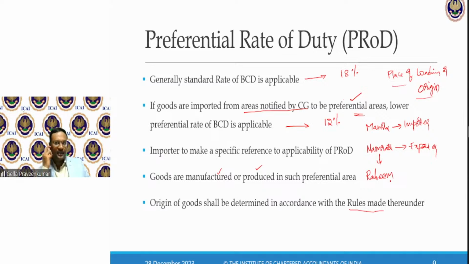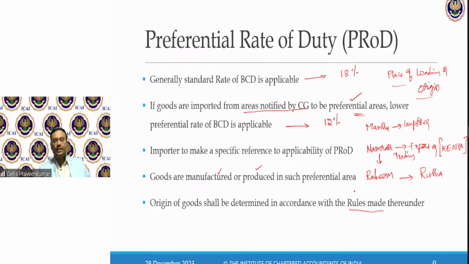There are three parties. Say Namrata has purchased from a particular country called Kenya, and this particular item Namrata has procured from Mr. Rahim. Rahim hails from, say, Russia. Now here, Namrata just does a trading activity.